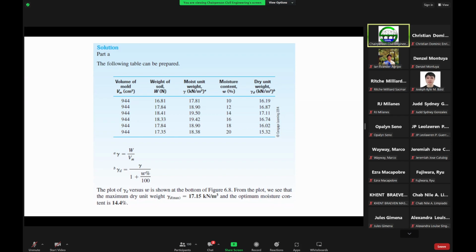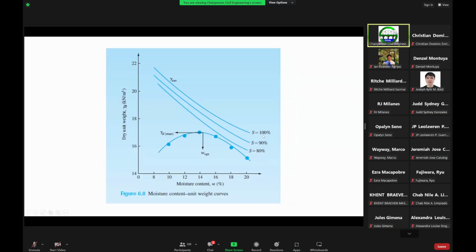Okay. And so then we plot the moisture content with respect to the dry unit weights, such as this one here. So we plot the 6 points. With the 6 points, we're lucky to have quite a nice curve when we connect the